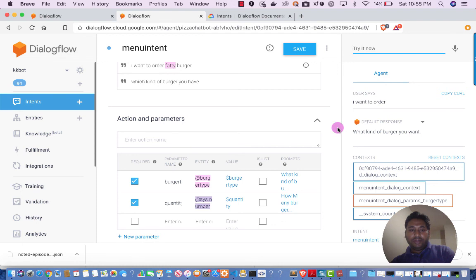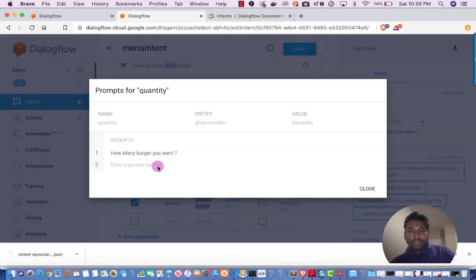So now it will return this text response, which I have defined like: okay, great, I am ordering dollar quantity of dollar burger type burger. Do you want to continue? By using dollar quantity, I'm trying to use this parameter. So whatever value I provided will automatically come here, and then of burger type. I provided the beef burger, so it will come automatically. So you can create various customized text responses. One of them will be picked and provided to the user. Okay, so order of 10 of beef will be ordered.